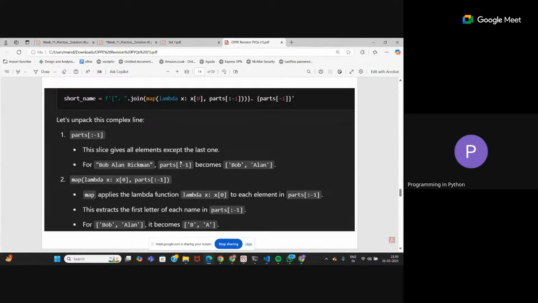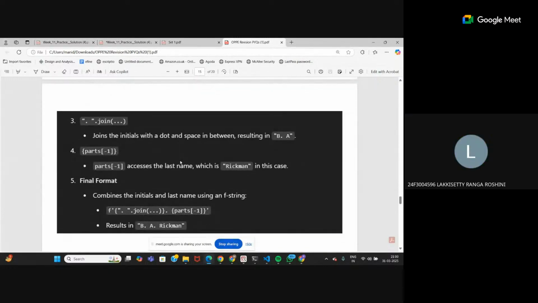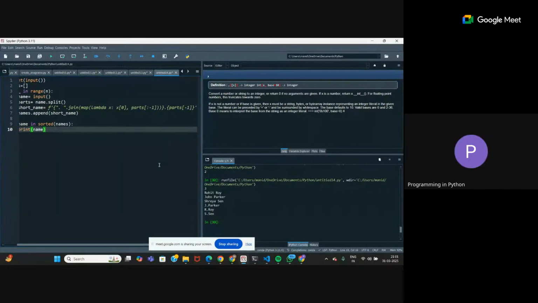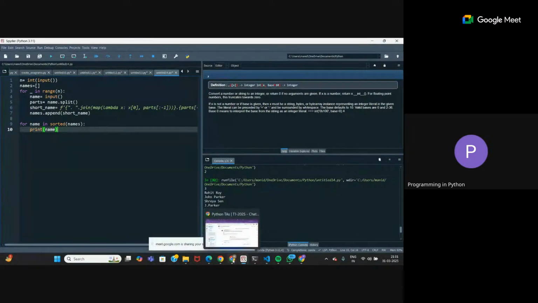Understood? Ma'am, the same code which I have written there, but it is showing error. What error is it giving? It is not running, ma'am. Test cases are not passed. They're not passing. That shouldn't happen. Have you copied the exact same code? Yeah, ma'am. Just paste it once, let me check. I have pasted, ma'am. This should work.